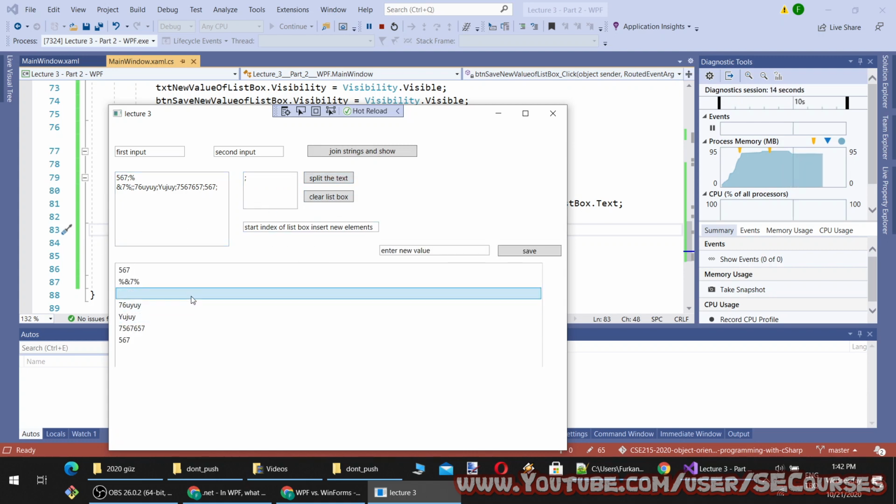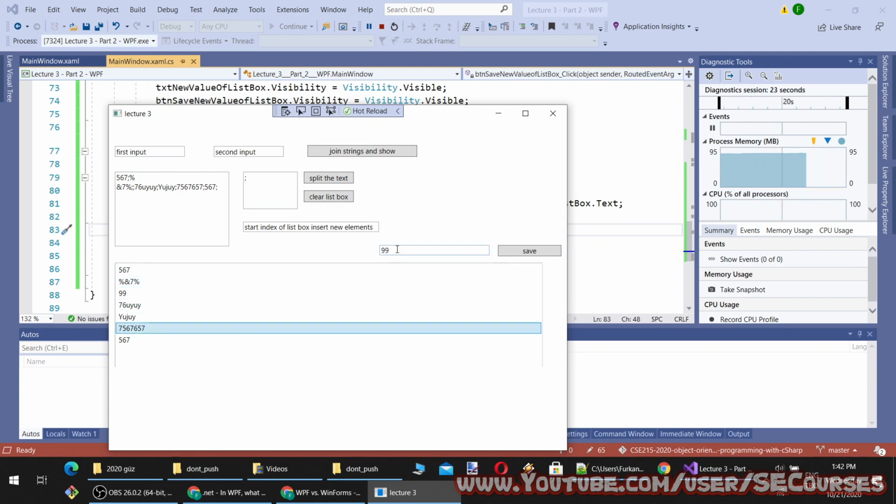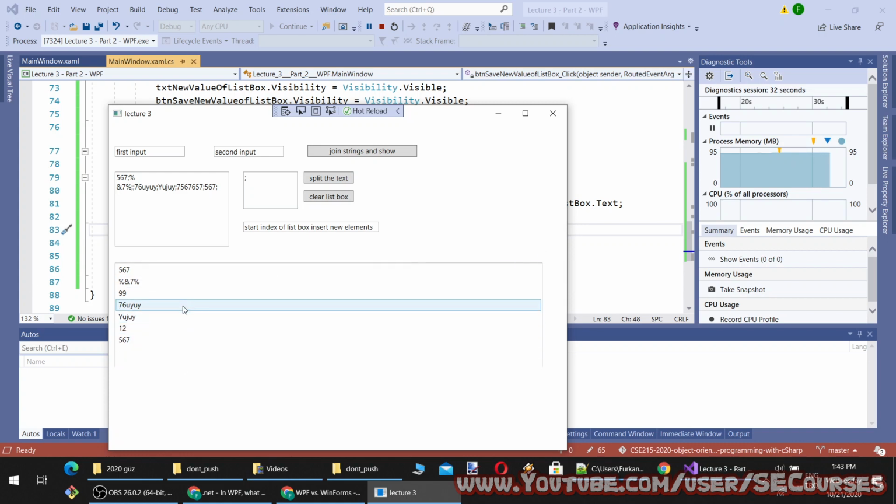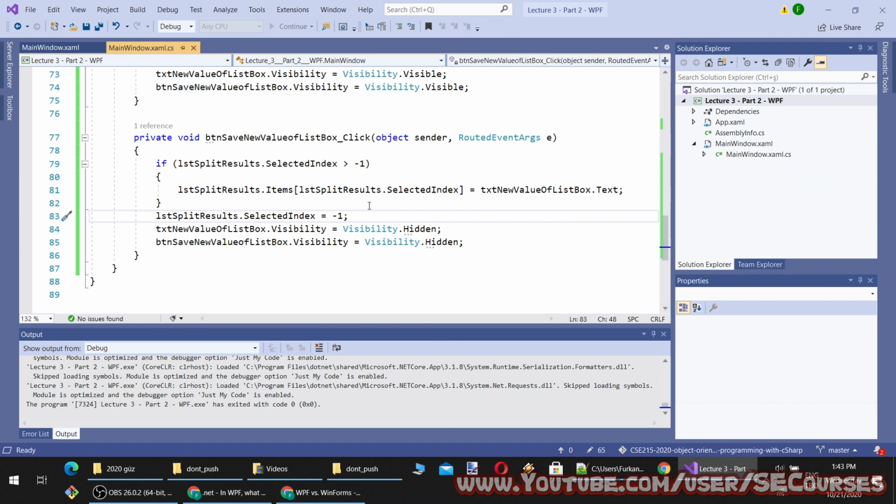Okay, you see they are split. I will make this 99, save. Okay, now it is 99 and the button is invisible. It shows the latest entered value here, and then I will make it like this. Save. Okay. And let's start. You see, this is how you change the selected item and use visibility of objects and use events.